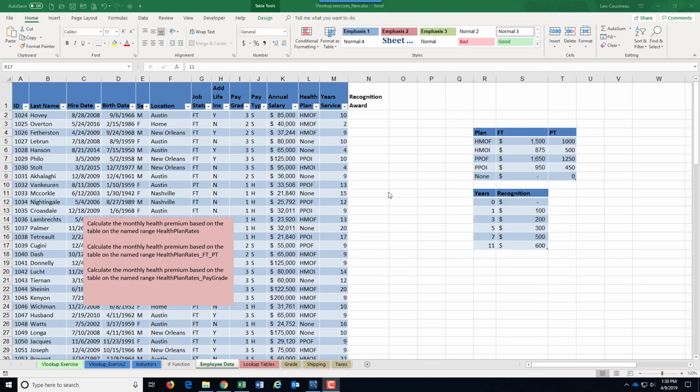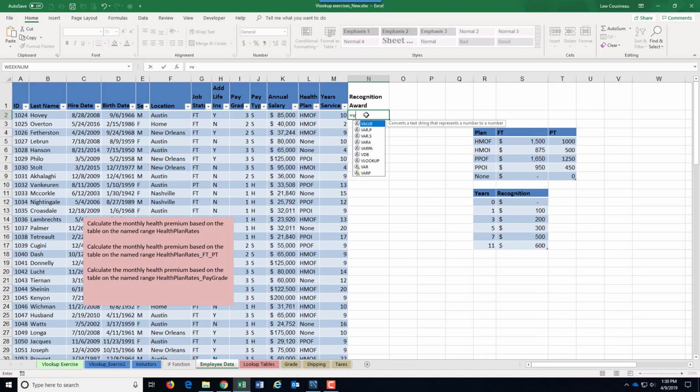In this video, I'm going to use VLOOKUP, except we're going to talk about a close match rather than an exact match. If you remember from my previous video, when we do a VLOOKUP, it wants four things. The first is the lookup value. For instance, if I want to return the amount of money a person has to pay, I'm going to look up HMOF. And then over here in the table array, I grab that. Finally, in this example, I'm just going to hard code column 2 for full-time people, but the important part is